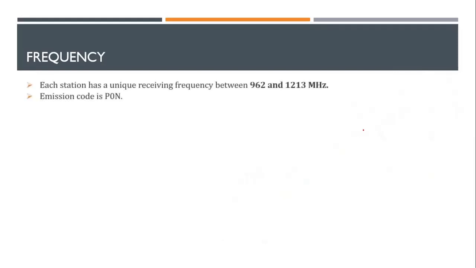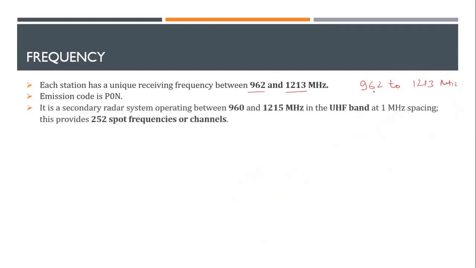We also know an overview of it. Let's determine the frequency of your DME. DME frequency is 962 to 1213 megahertz. Please remember, they are not fixed. They can be variable. The range is from 1 to 13. In some books, in some examinations, this can also be given as 960 to 1215.